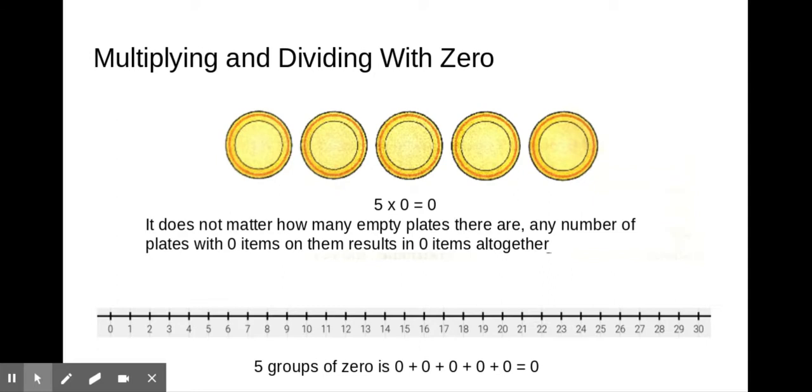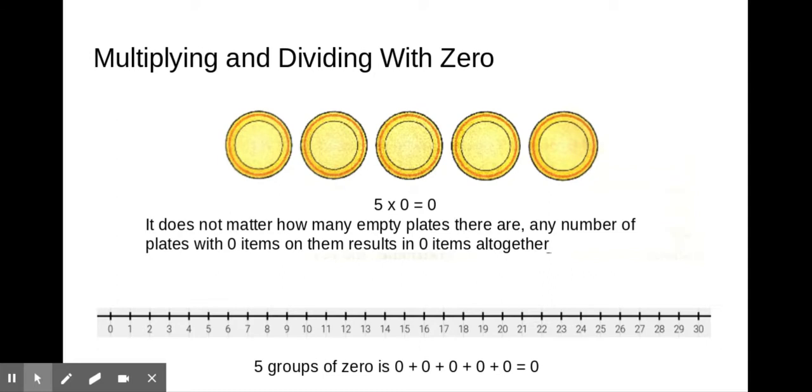When multiplying any number by 0, the result is 0. For example, 5 groups of 0 is 0 plus 0 plus 0 plus 0 plus 0. When we consider what this multiplication sentence or repeated addition sentence looks like on the number line, students will notice that you will land only on 0. Multiplying 0 by another factor, for example, 0 groups of 5, will give you 0, because 0 groups of anything